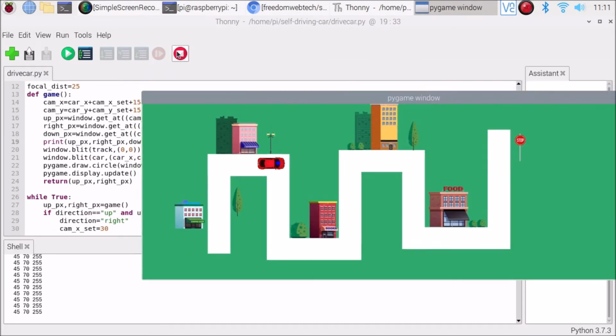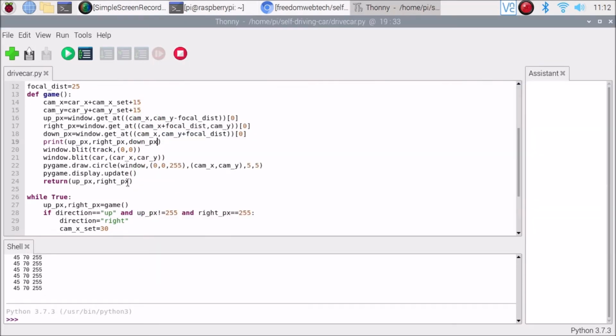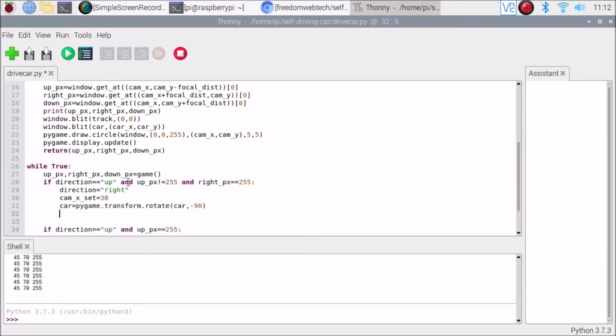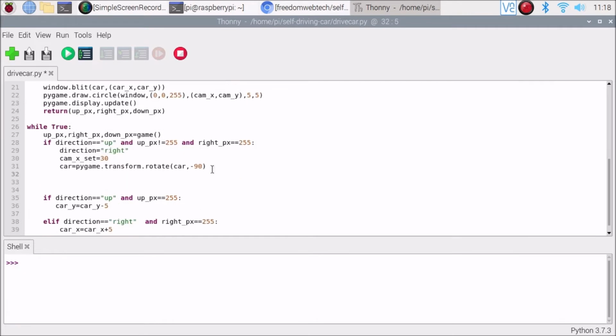So we have down px, so inside the return we also need to mention down px, and here we also need to create another variable, down px. Now we can simply create a condition. First we need to set the direction. We have set a right direction. Now we need to set the down direction. So for that, elif